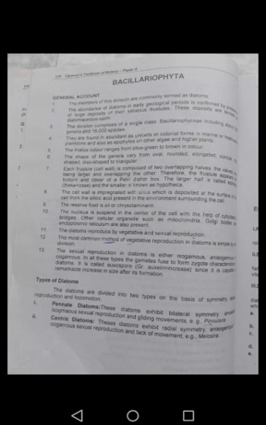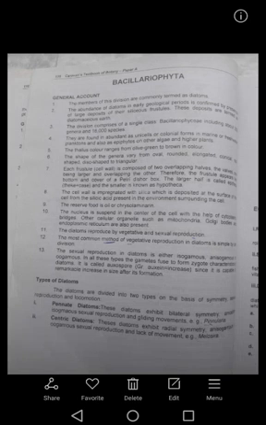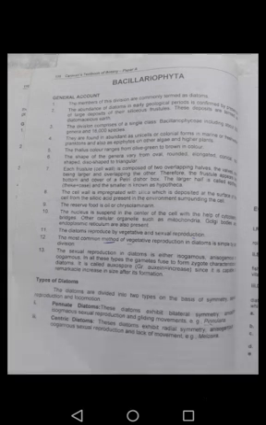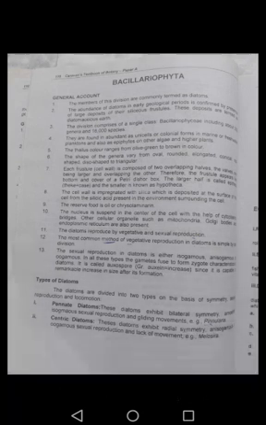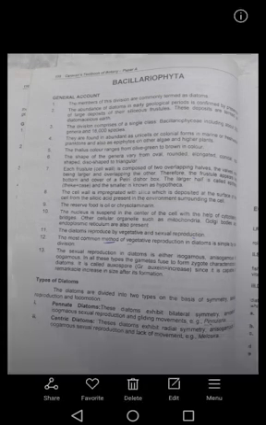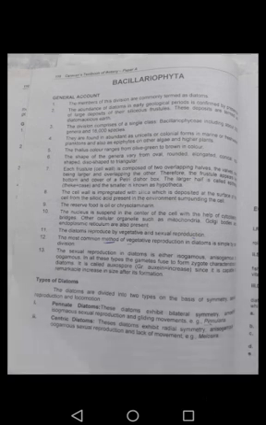Each pustule, a pustule means cell wall, is composed of two overlapping halves, the valves, one being larger and overlapping the other. Therefore, the pustules appear like the bottom and cover of a petri dish. The larger half is called the epitheca, and the smaller is known as the hypotheca. The cell wall is impregnated with silica, which is deposited at the surface of the cell from the silicic acid present in the environment surrounding the cell.